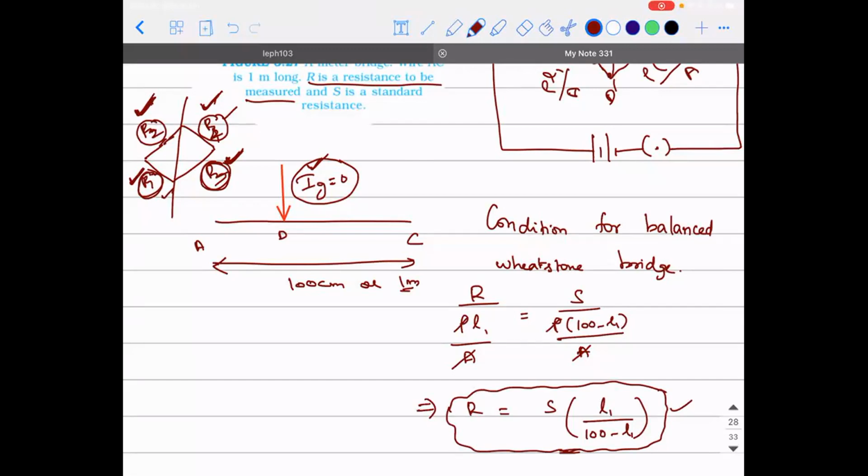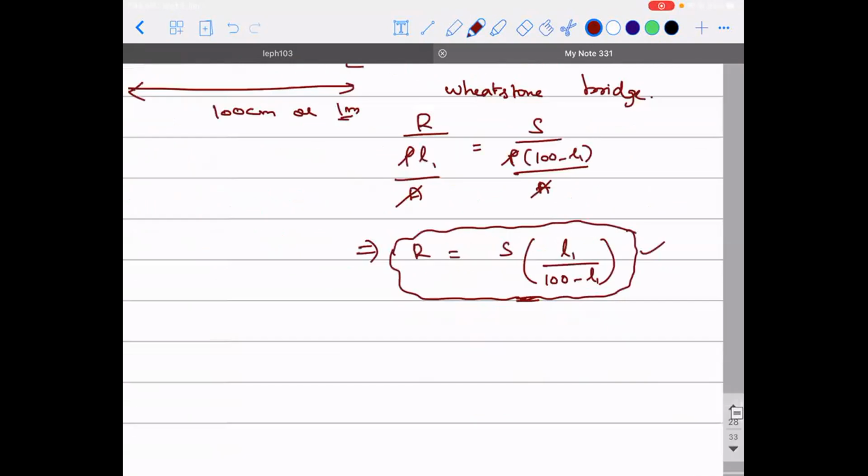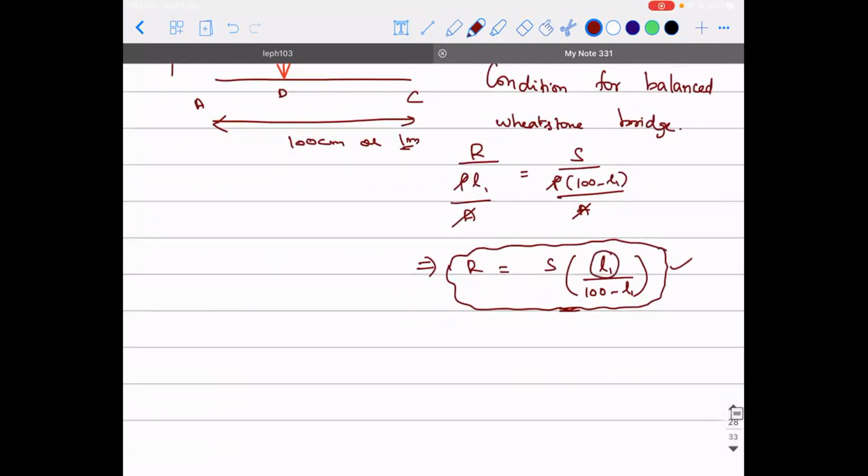So I have a doubt here. Please tell me. So at 50 centimeter, IG will be equal to 0 here, right? No, that's not the case. It is not exactly at 50. You can get the balance point even at 28.3 centimeter from point A. That is where people make mistakes. They think it is going to be 50. No, it is not. See, for example, if I put 50 here, what will happen? L1 will be equal to 50.